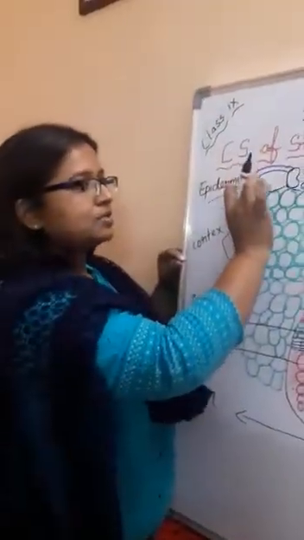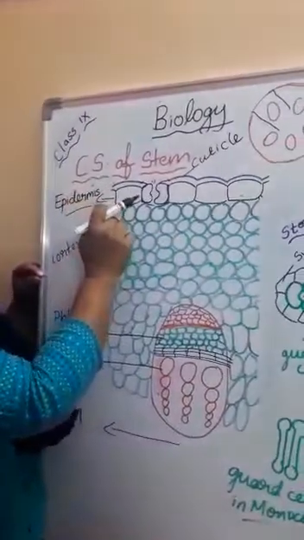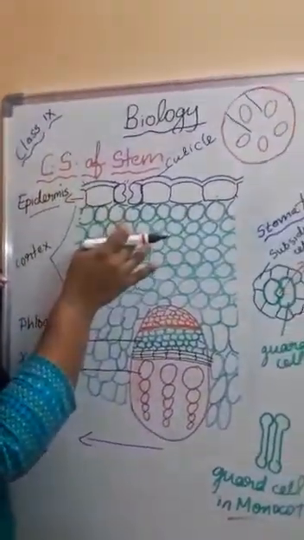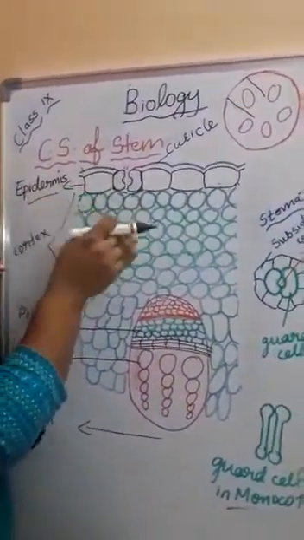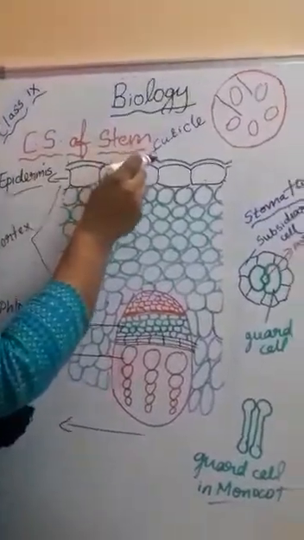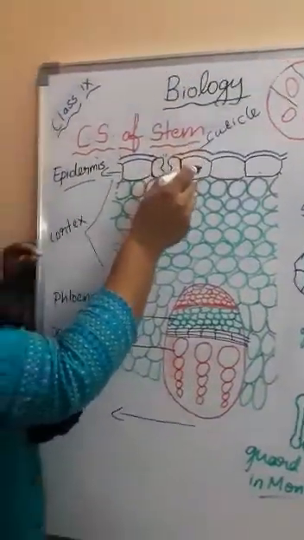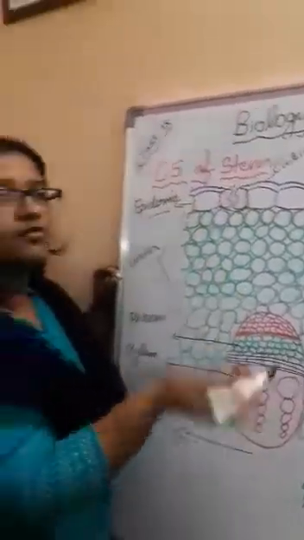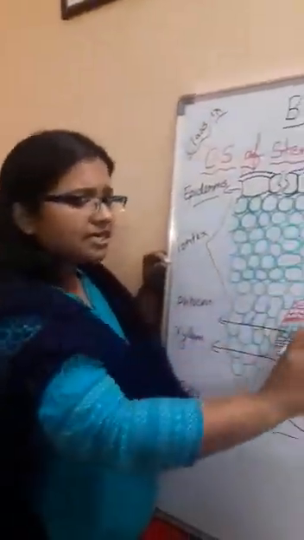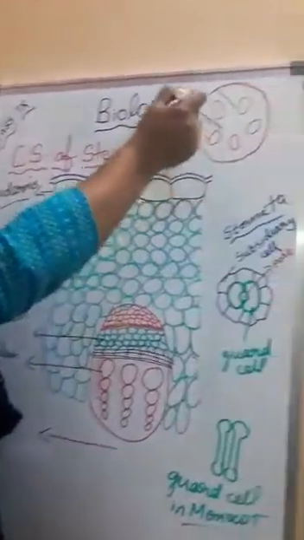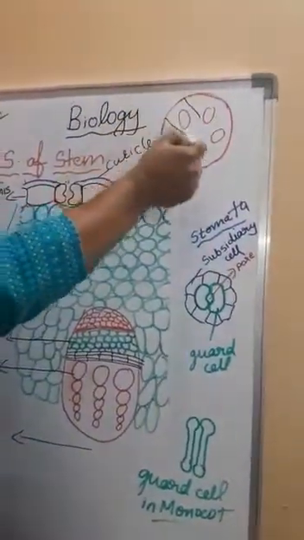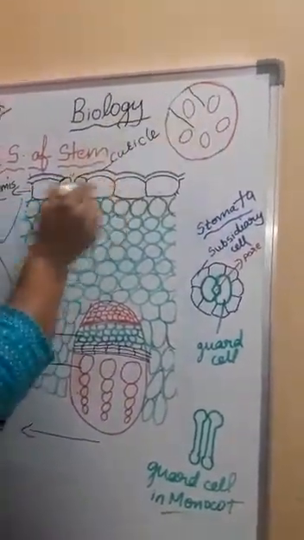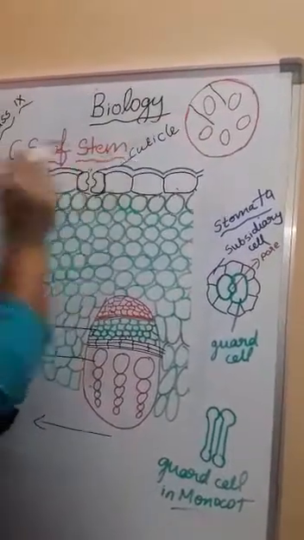The outermost layer, I told you, is epidermis, and over the epidermis you have one more protective layer, which is called cuticle, and this is the one which protects the plant from all aberrations, infections, or whatever it might be. All the internal details of the plant are protected by the outermost layer of epidermis. Over the epidermis, you can see the cuticle.